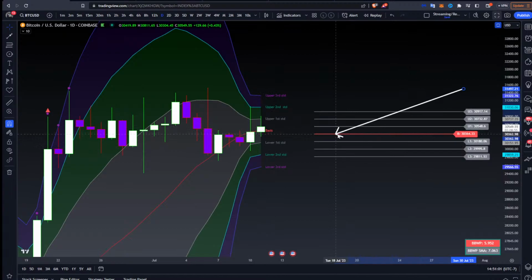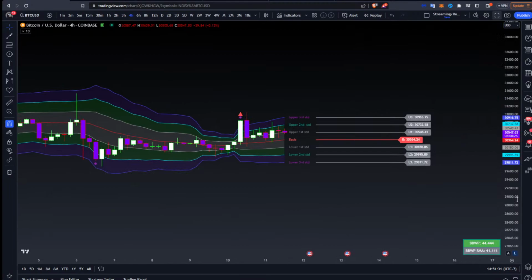So the 4-hour is currently trading above the basis, just below the upper first, and you want to see it start closing above there in the upper second, get nice expansion, then come back down, hold the basis to upper first to maintain trend to the upside, and at worst you want to see it come down and just kind of settle in on that lower first and then reverse, regain the basis, upper first, second, and expand again. To the downside, you just want to see the opposite. Now,